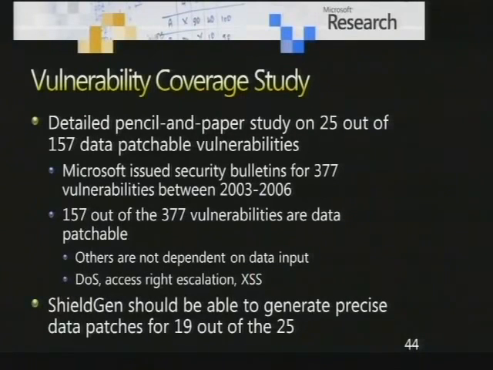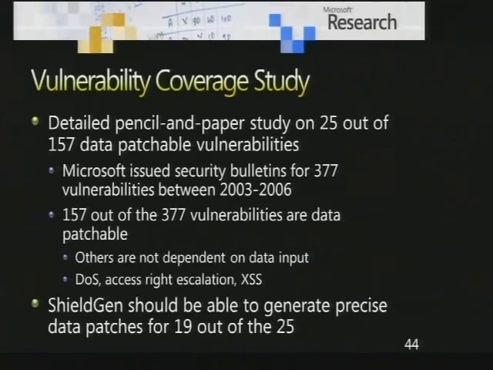We went through all 377 and found that 157 of them are data patchable, meaning we can have an input filter to filter the attack instances, because the rest are either access right escalation or cross-site scripting attacks. For the 157, we randomly picked 25, and in those 25, we found that